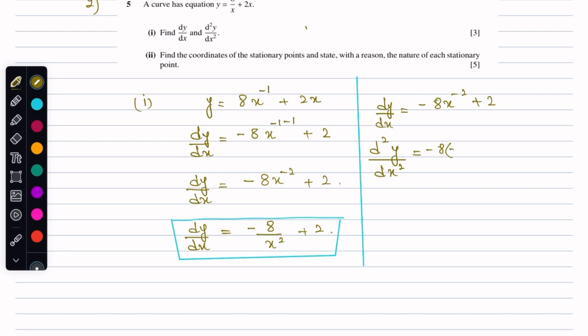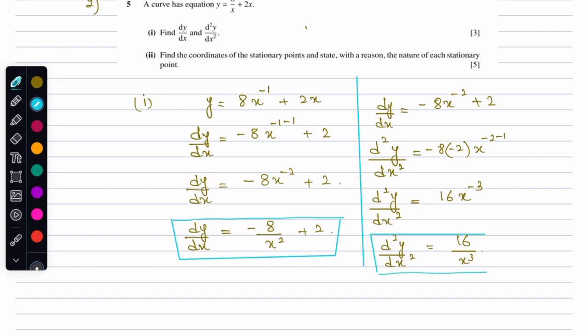equal to -8 times -2 x to the power -2-1, and the 2, the constant, gets eliminated here. So solving it further, the second derivative d²y/dx² shall be equal to 16x^-3, or I can say d²y/dx² is equal to 16 divided by x cubed. So this is going to be the second derivative for this equation, and this is how I shall be solving